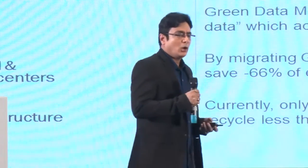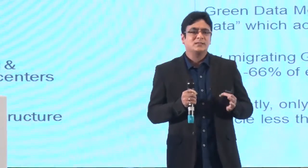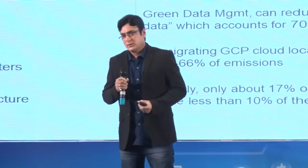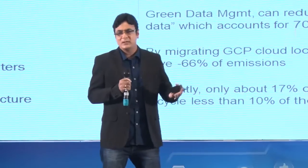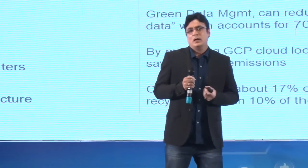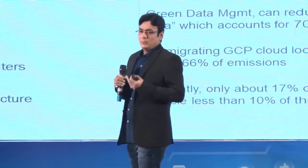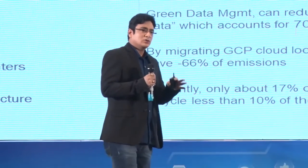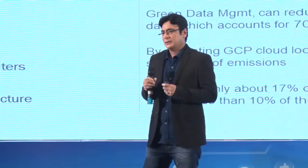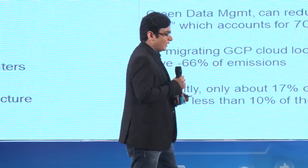The second area that we are working on is green user experience, on how you can create energy efficient UI applications, be it for web, mobile, or in future metaverse. For instance, how do you create energy efficient 3D models and 3D scenes? How do you blur the virtual and the physical reality in an energy efficient way? How do you simplify the user journey? And with green software, we now have an opportunity to build an energy efficient metaverse right from day one. The third area that we are looking at is